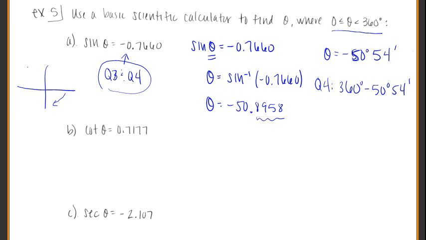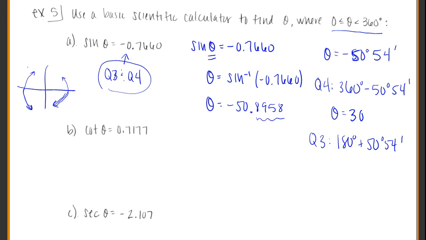My answer in quadrant 3 is going to be starting here. Just remember, here down 50 degrees is equal to here down 50 degrees, or 180 up 50, or here up 50. All of these are going to give you the same answer. So if I start at 360 and go down 50 degrees, or if I start at 180 and go down 50 degrees, it's the same thing as going 180 degrees plus 50 degrees and 54 minutes. In this case, I'm going to help you out. You would change 360 to 359 and 60 minutes and then go from there. And this should get you,